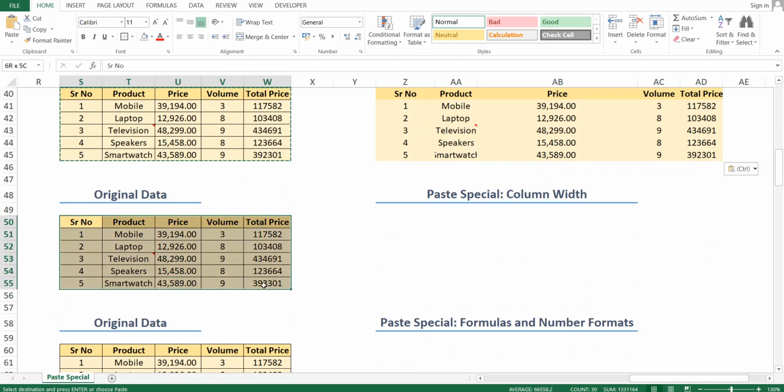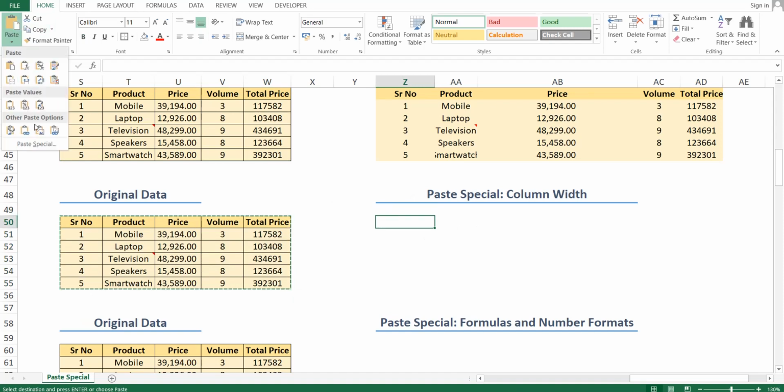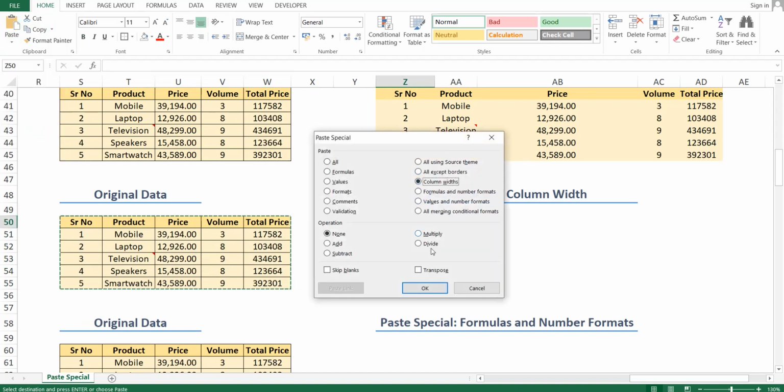Our next option is paste special column width. In this option, the column width of the original data will get copied as it is. So let's see how it will work. First select the data, then copy, select the desired location, under paste special select the option column width.